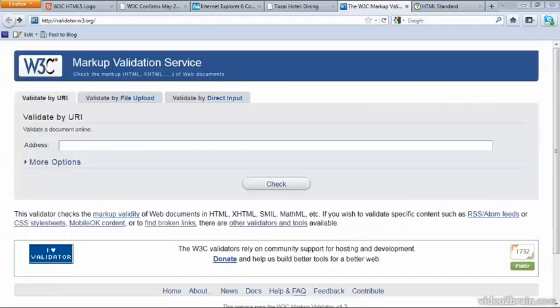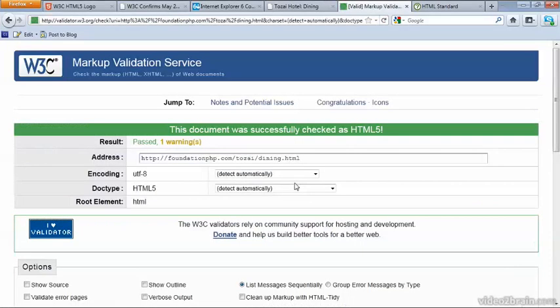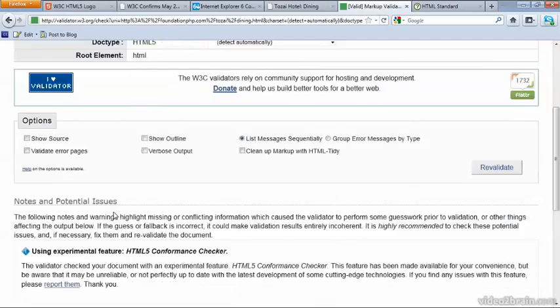Just to prove I'm not cheating, let's test it in the W3C validator. As you can see, it says the page was successfully checked as HTML5. There's a warning there, but that's simply the fact that HTML5 is still experimental, so there's nothing to worry about. Now, to be honest, the code in the file doesn't use every new trick in the HTML5 book, but